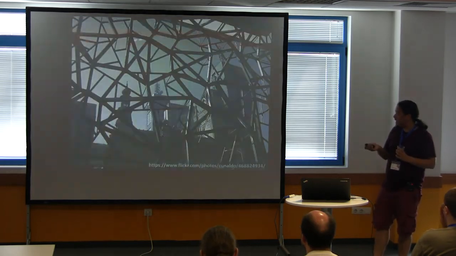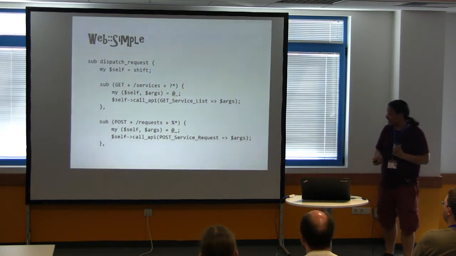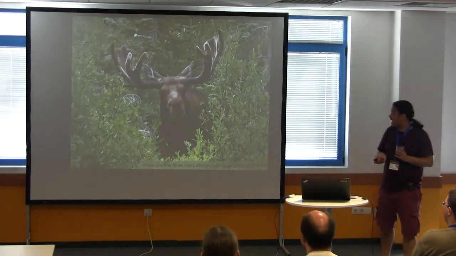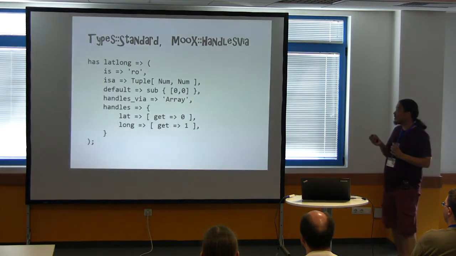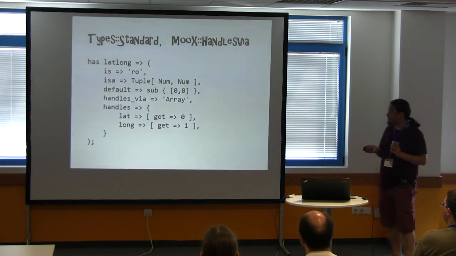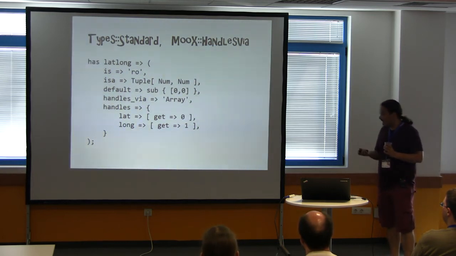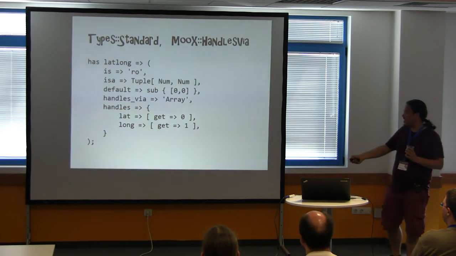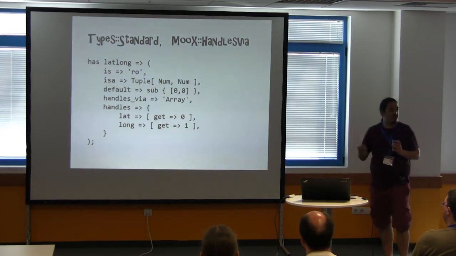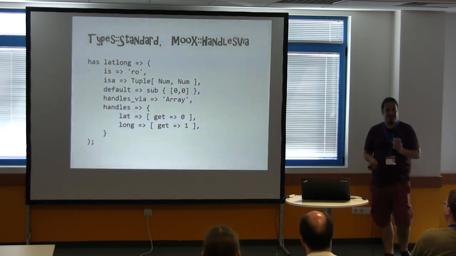So we use Web::Simple, which is quite nice. It has very flexible dispatching. It's slightly crazy because it was written by Matt Trout, but it works pretty well. And obviously we use Moose, or rather, as much as possible, ended up using Moo, and something really nice called Type::Tiny, which allows you to do really nice things with strong typing, and with generation of methods like lat and long that you'll then extract from a single tuple of latitude and longitude data. So it doesn't look like the Perl that we used to write in the days of CGI.pm.